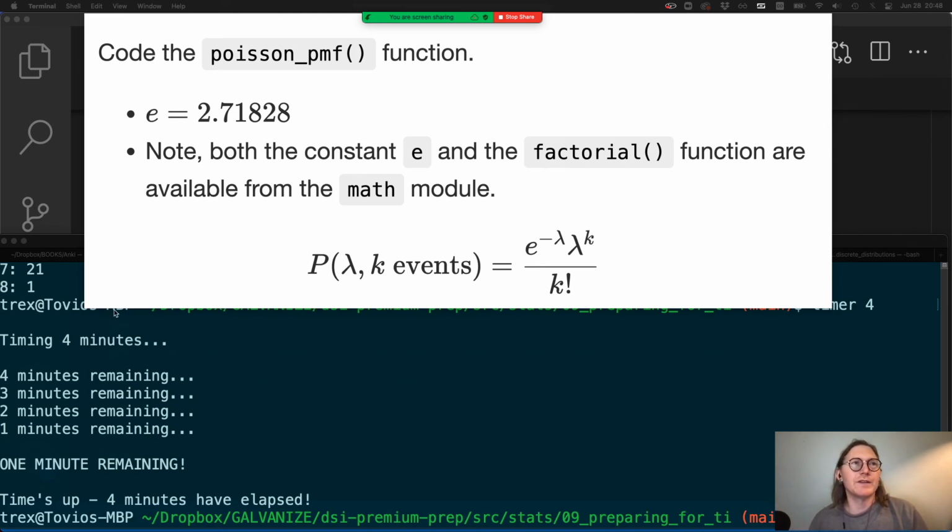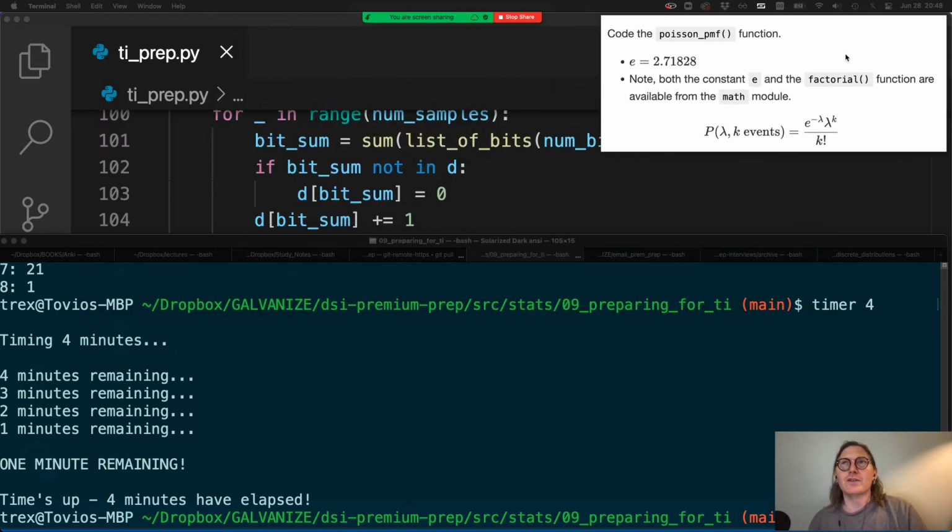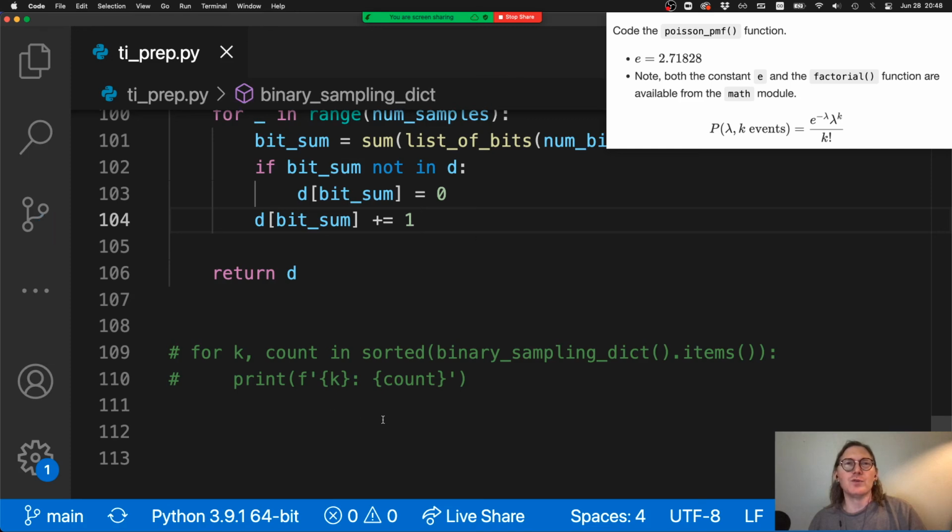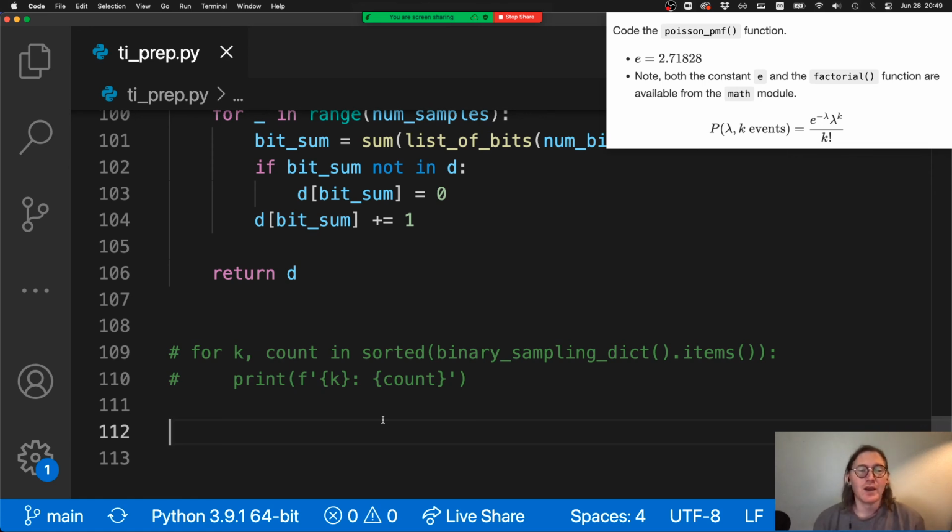Okay, so let's look at this really quick. I really like the question in the Slack about how to do a random sampling from a Poisson distribution, right? And it's an interesting problem. So one way that you could go about it is you could use the Poisson PMF to generate a dictionary of probabilities, and then you could utilize a Bernoulli